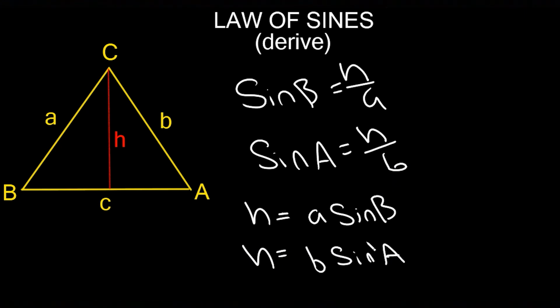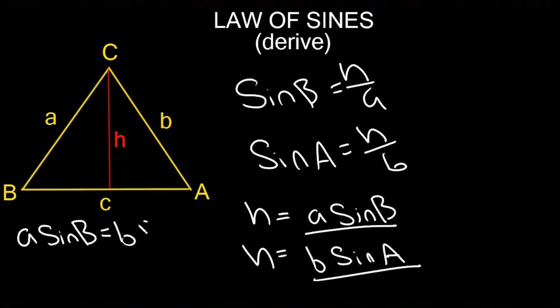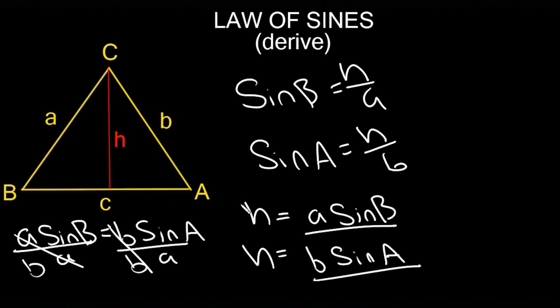So what do you notice at this point? I have h is equal to a sine B, and I also have h is equal to b sine A. So I'm going to set both of these equal to each other and rearrange it. I'm going to say a sine B is equal to b sine A. From here, all you want to do is divide out the a and divide out the b. Dividing out the a, this will cancel, and I also have to divide here by a. And dividing out the b, that will cancel here, and dividing here, you're going to be left with